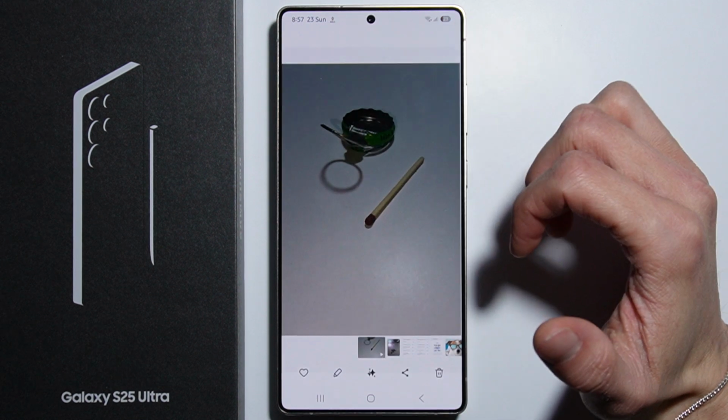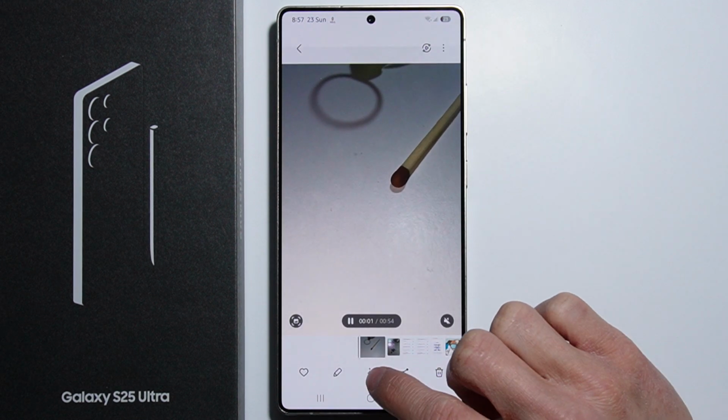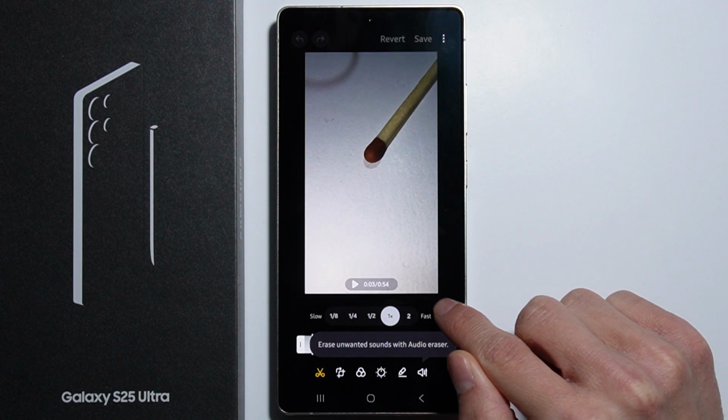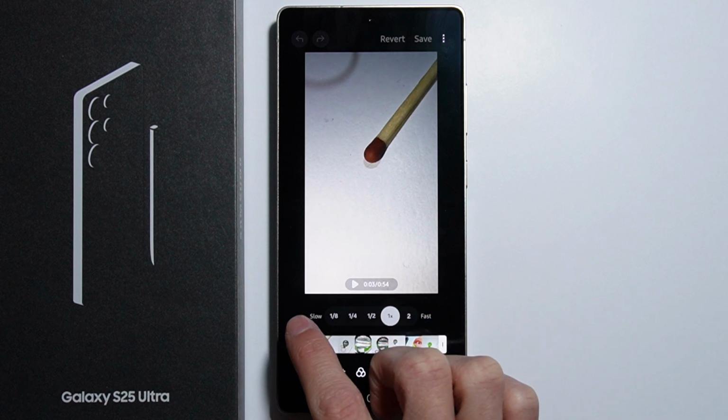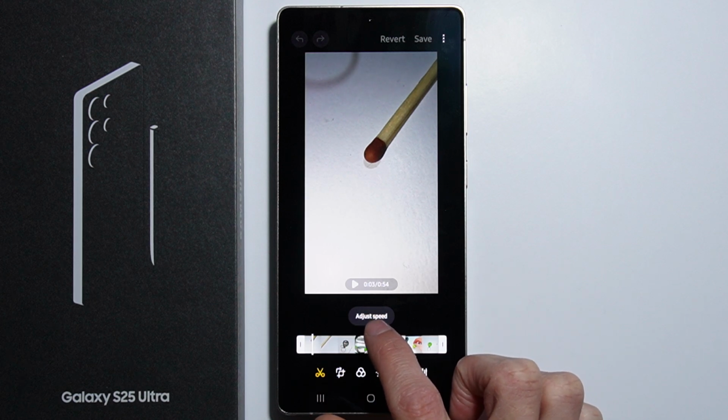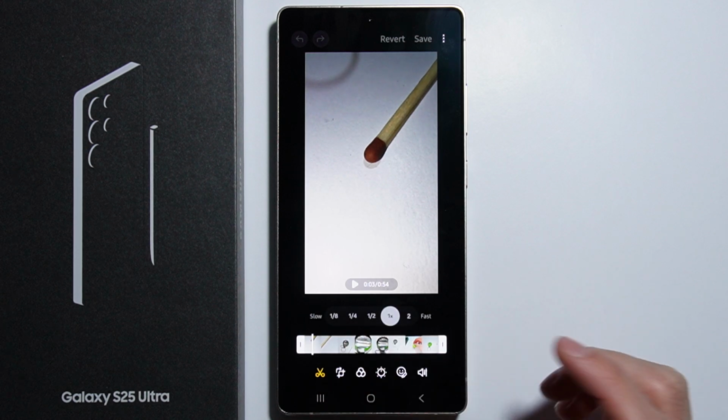So in my case it will be this one, and from now you have to press this pencil icon to edit it. And right now, as you can see, we have this option to adjust speed available. We simply have to press this scissors right here and press this button, adjust speed, and to speed up our